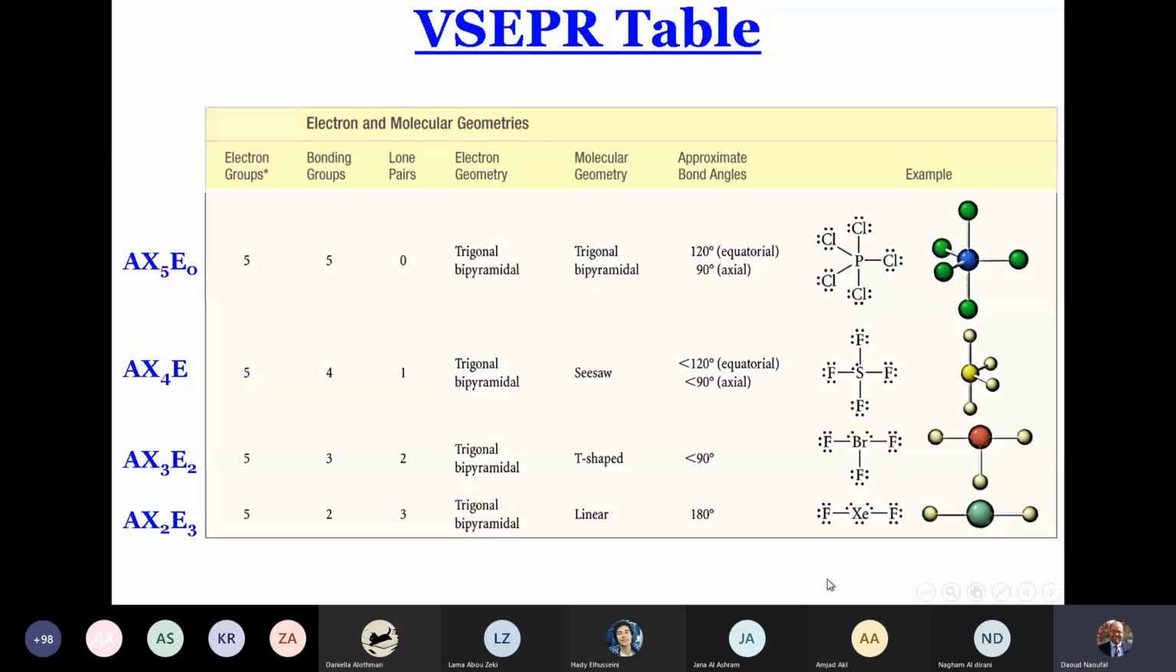We pass to XeF2. XeF2, AX2E3. So EP equal 5. In this EP equal 5, we have 2 BP and 3 NBP. And as I said, the NBP prefer the equatorial. So we have in the plane 3 lobes containing 2 electrons each,